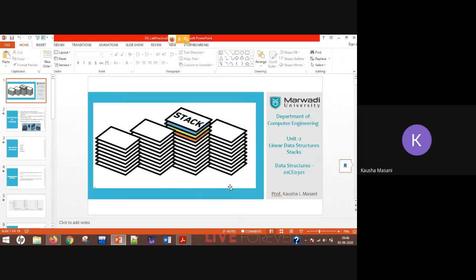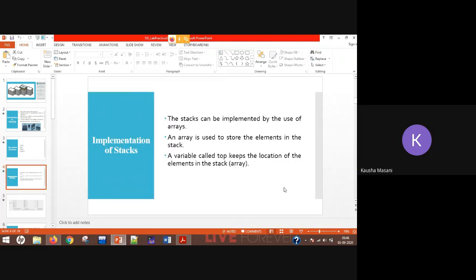And with the help of the top, you are going to operate your push, pop, peep, display functions. So that is what the top variable is going to do. Fine, these are the points which you should remember before approaching this program. These are the important points.